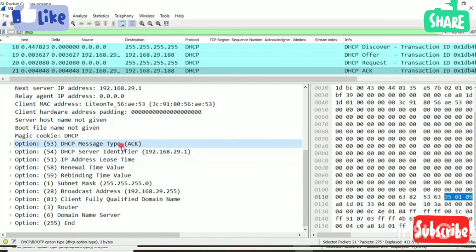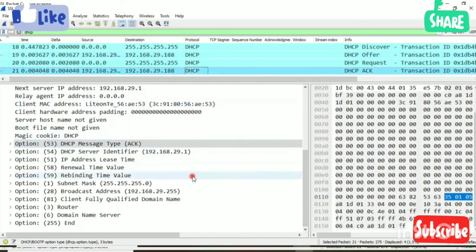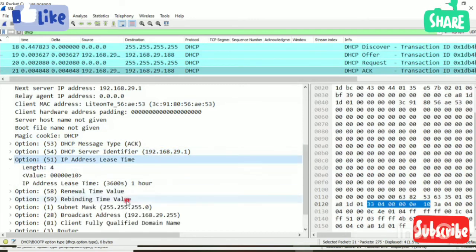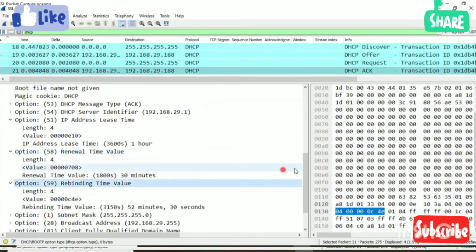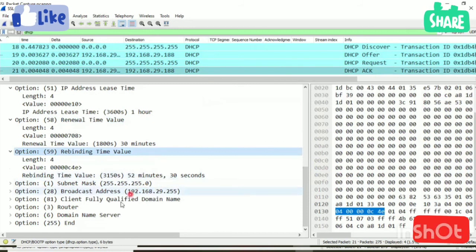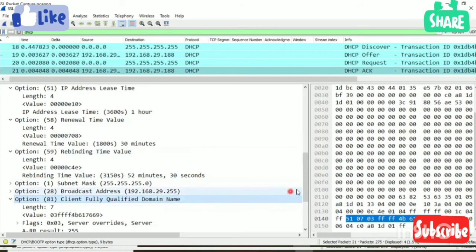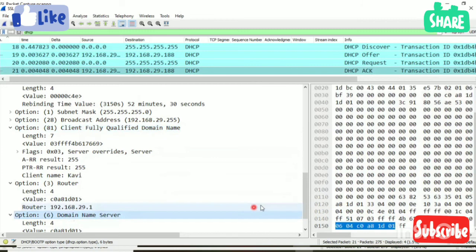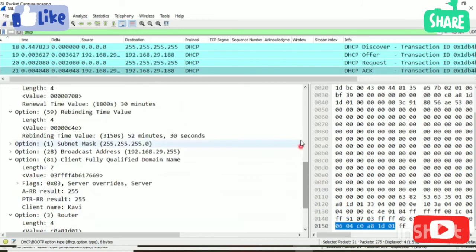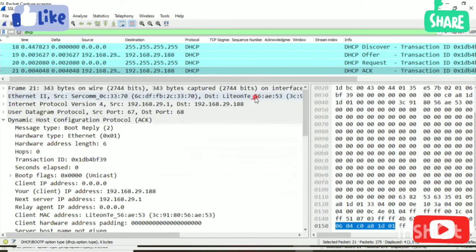Here the message type is ACK, and there the message type was offer. Now the DHCP server identifier, IP address lease time, the same 1 hour, renewal time 30 seconds, then the rebinding time value, then the subnet mask, broadcast address, default router, then the domain, then the DNS server. These are the information the client is receiving. Okay, now the client has been assigned an IP address.